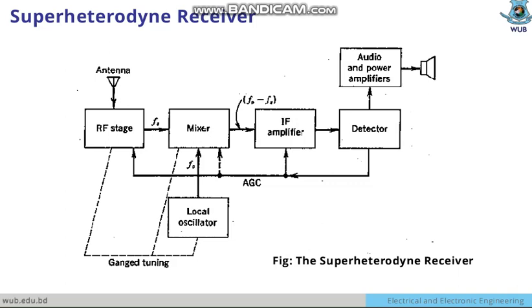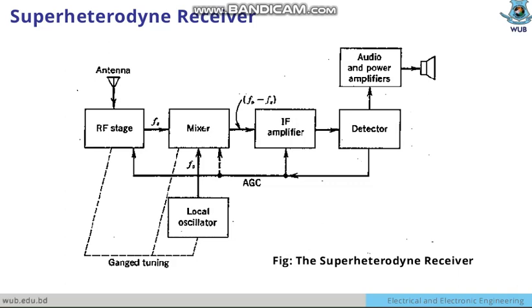Hetero means the difference between the two frequencies. Difference, it's a Greek word, it means difference. So the difference between the two frequencies is the key feature, the main feature of this receiver compared to the previous one we have taught,